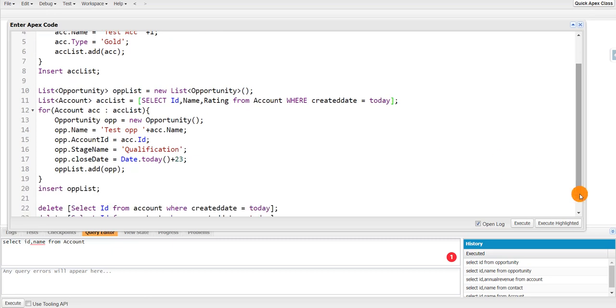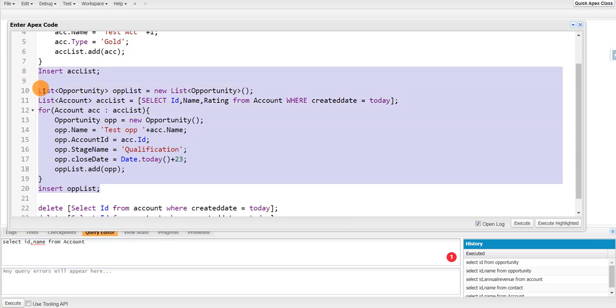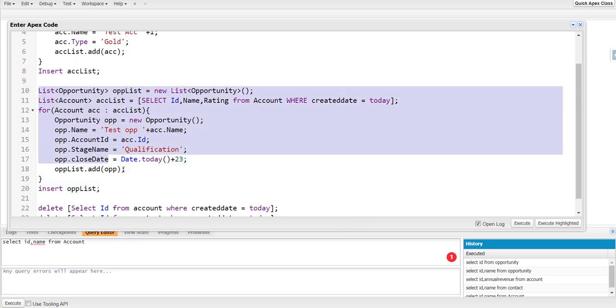We have to make sure that once the opportunity is inserted, the opportunity amount value is updated with 3000, as each account has a type of gold. I'll execute this piece of code and see if the opportunity amount is updated or not.